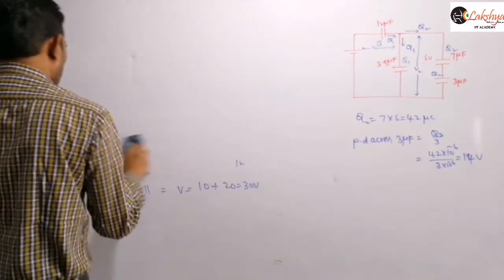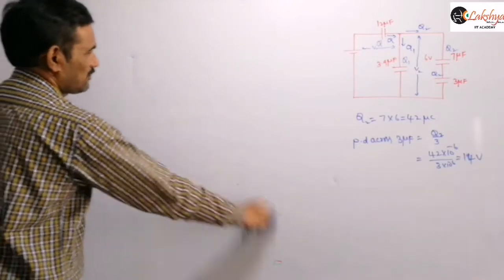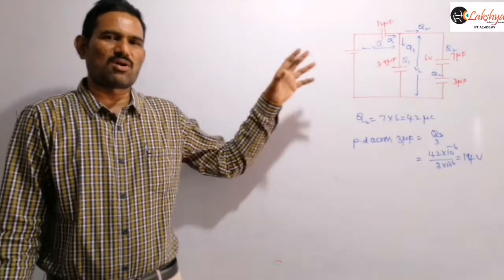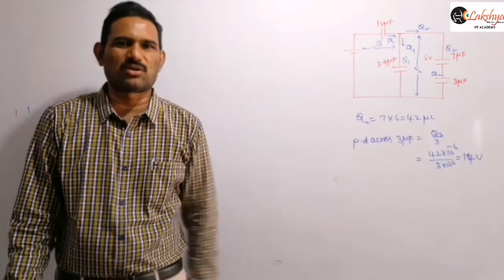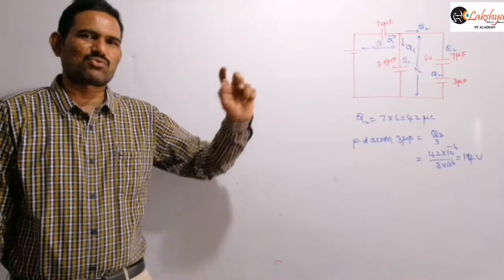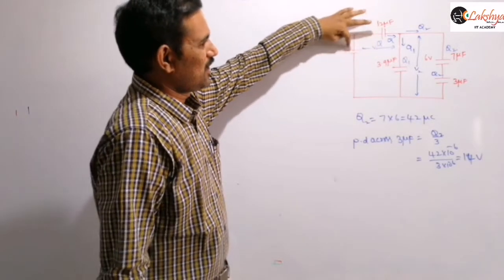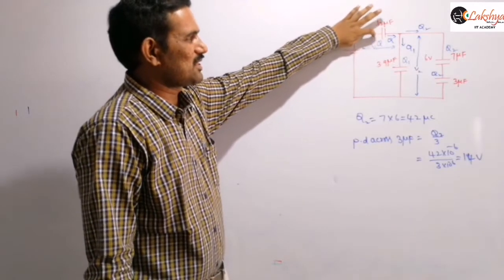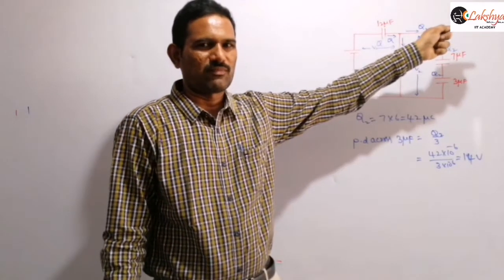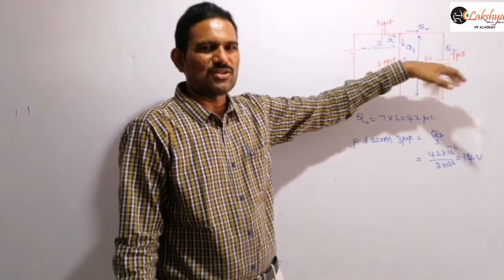The only confusion you may get initially is this: the total charge drawn from the cell is not the sum of the charges on each capacitor. Remember that point. The total charge drawn from the cell is nothing but the charge present on the capacitor which is directly in series with it, or directly connected to the cell. Let us observe this. The total charge drawn from the cell will appear on this capacitor here, because that charge has to pass through this capacitor only, right? And then that charge divides into two parts here. So the charge distribution will take place here.